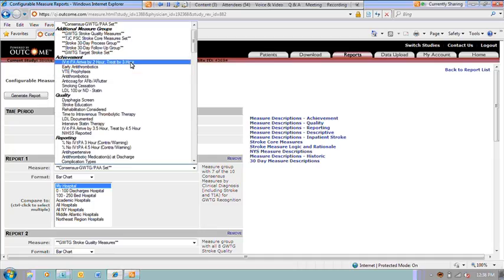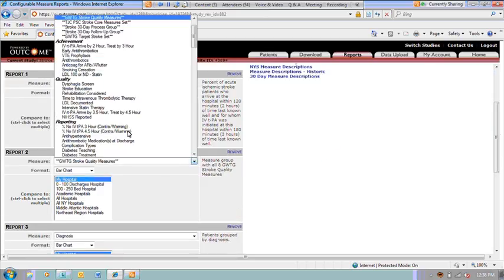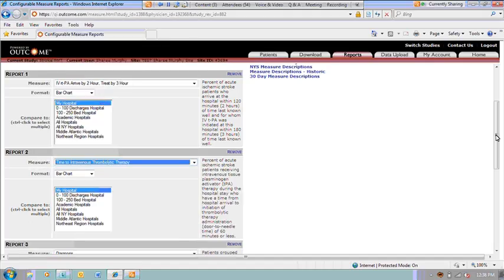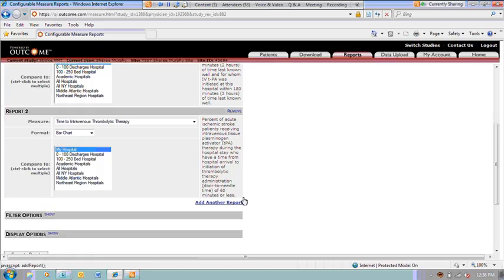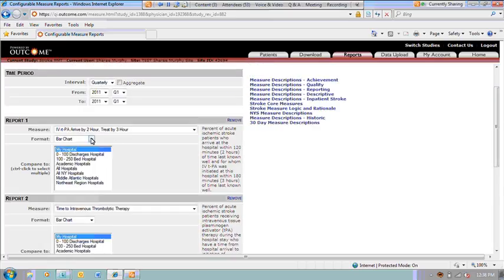So the IV-TPA measure, as well as the quality measure of time to IV thrombolytic therapy. I don't really need the diagnosis report anymore. I've already got that. So you can go ahead and remove reports that you may have added simply by clicking the Remove link.